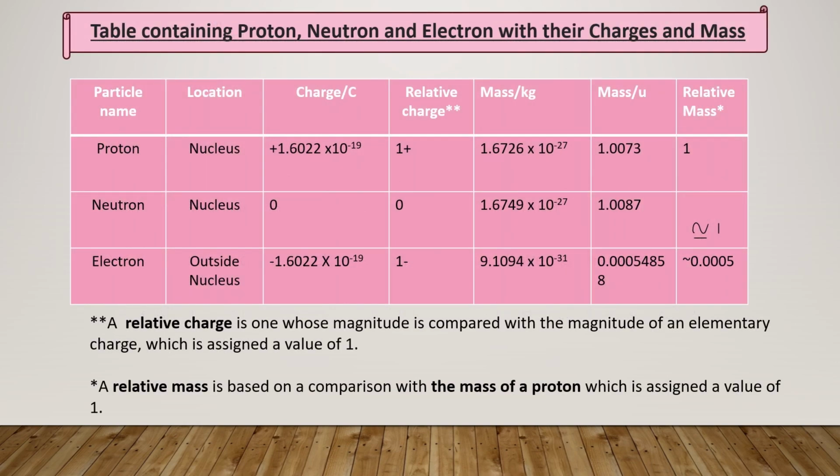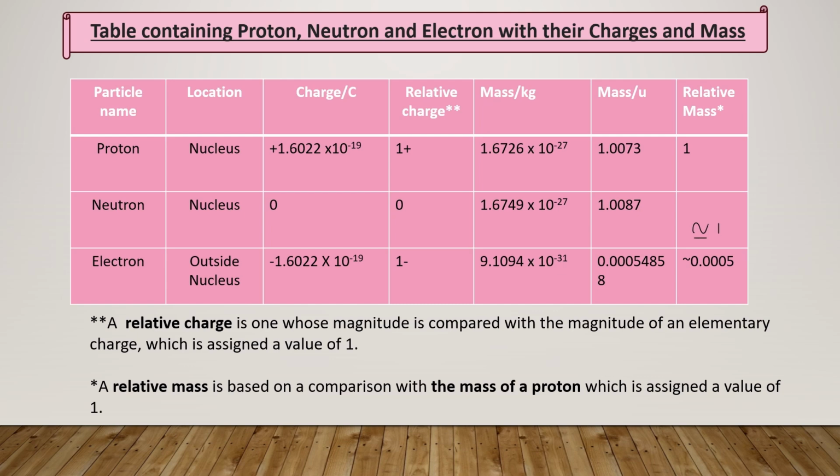On this slide, there is a table containing proton, neutron and electron with their charges and mass. Proton: found in nucleus, charge in coulomb 1.6022 × 10^-19, relative charge +1, mass in kg 1.6726 × 10^-27, mass in atomic mass units 1.0073, relative mass 1. Neutron: location nucleus, charge 0, relative charge 0,